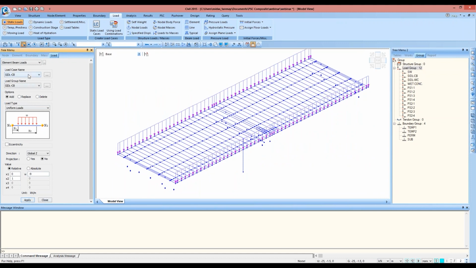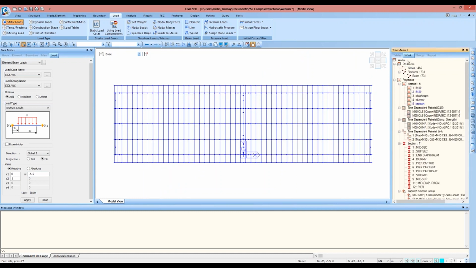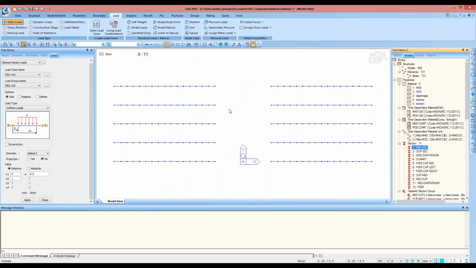Next, we'll add the load for bearing course. So SIDL bearing course, and the load will be -6.5 kilonewtons, and these loads will act on the girders. So I just want to activate the girders here. For doing that, I'll go to the works tree again, select the mid section and activate it.